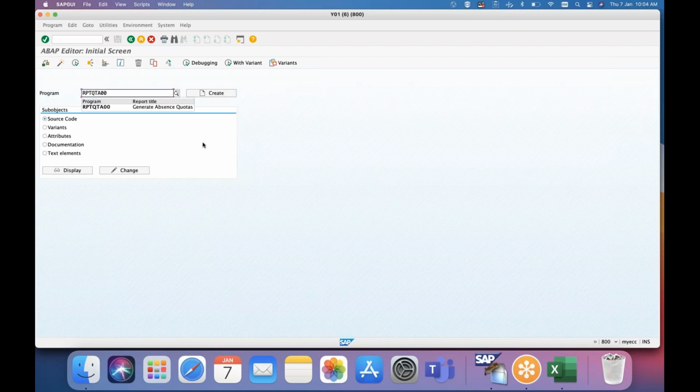This is not time evaluation. This program will read your configuration and update your quota. There is no time evaluation in this. This is as good as a BDC or LSMW kind of thing, with much validation.